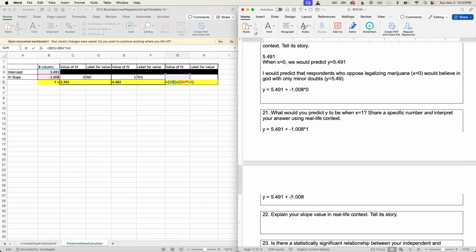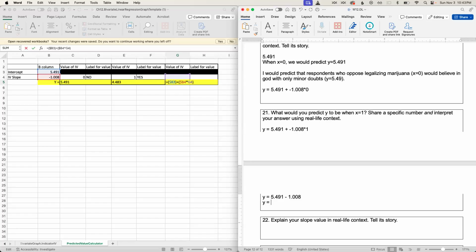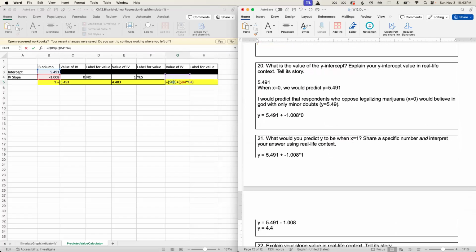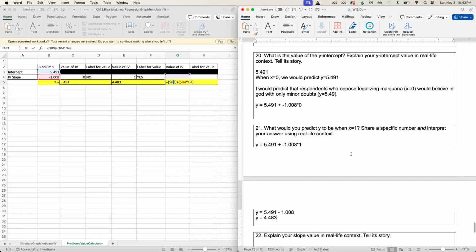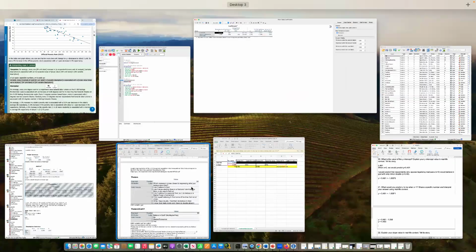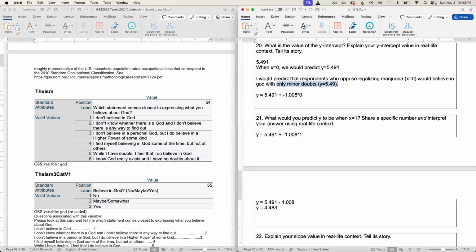And so that ends up being 5.491 minus 1.008, which is 4.483. Okay. And now in real life context, what is a 4.483? It's about 4.5, so it's about halfway between 4 and 5. And so